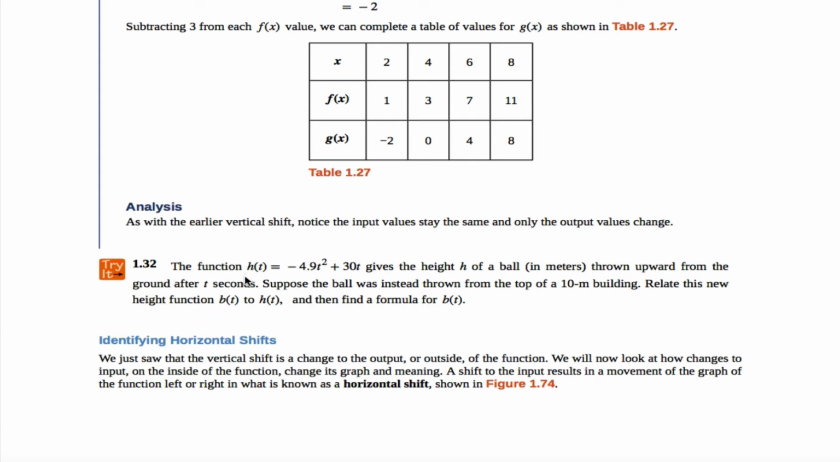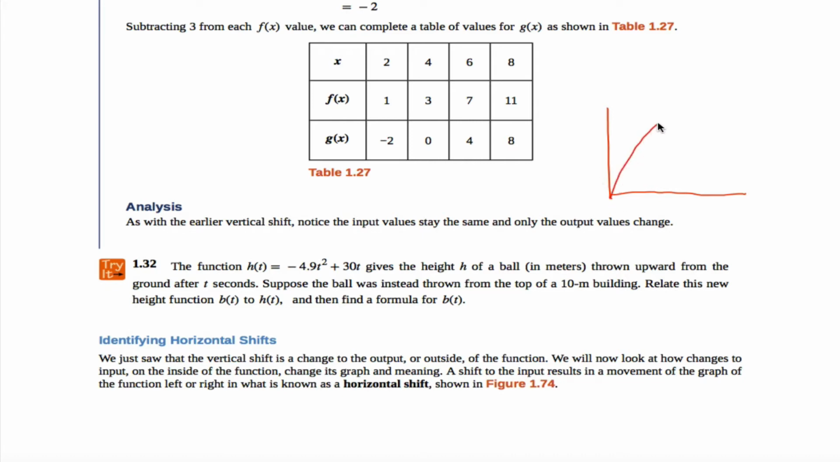1.32 from the PreCalculus OpenStax book. What's going on here is I have a function, and this function tells me the height of a ball with t, time, being the input. So the idea is you can imagine time on your x-axis, and you take this ball